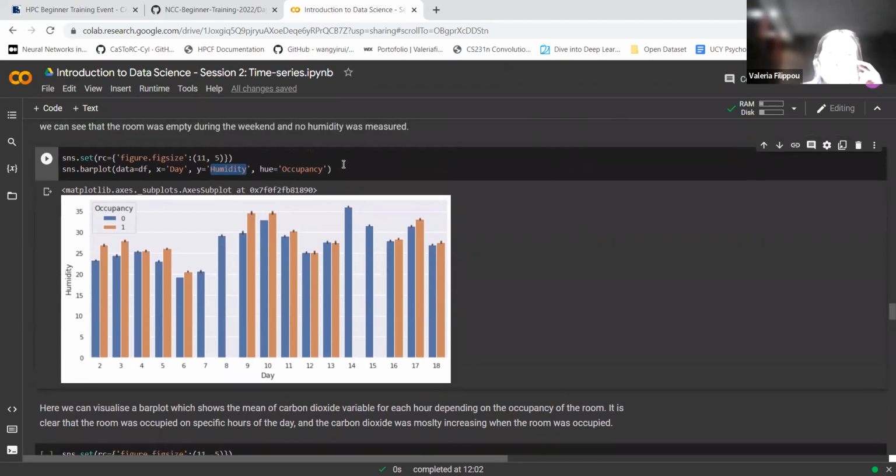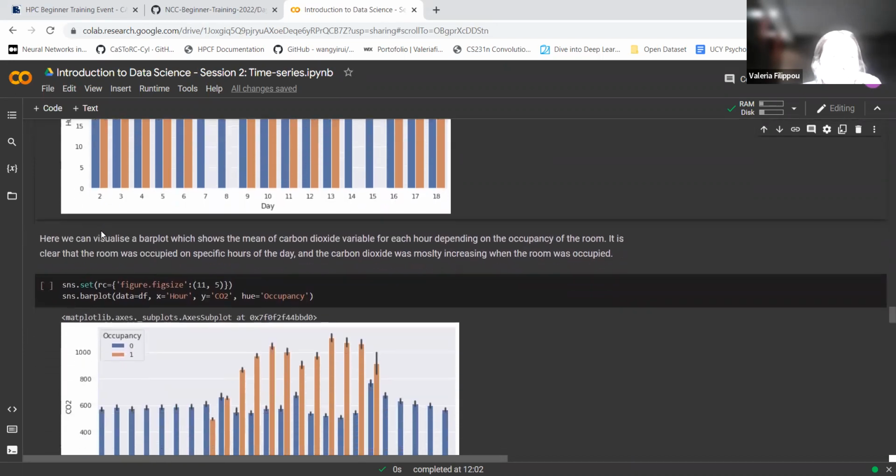Something that is useful to mention is that, for example, here the bar plot calculates the mean of the humidity for each day. So if we had, for example, more months, it will be the mean of day 2 of all the months, basically. And here